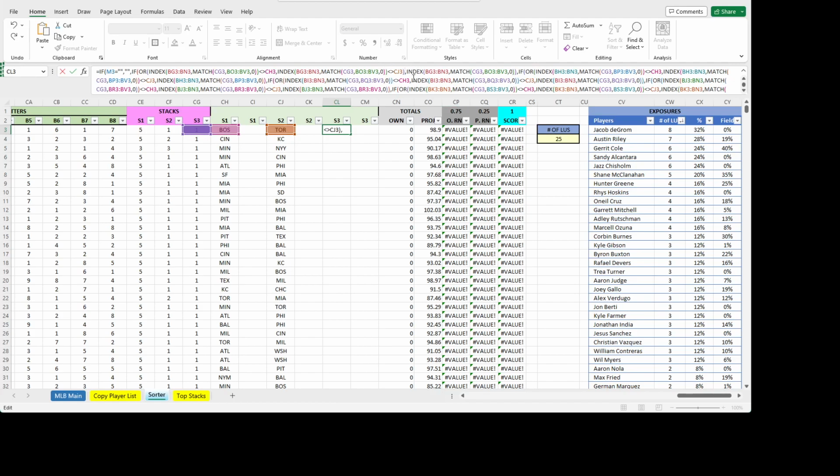We need to put this here. We need to close this parentheses. See, logical test ends. Otherwise, look, it's thinking I'm doing logical test 3, logical test 4. So I need to do that so that now it's saying value if true. So what I need to do here is at the end of my if ors, we go into a new if or. Then when I say, okay, go ahead and do that,